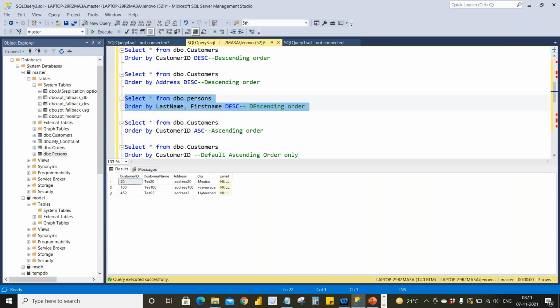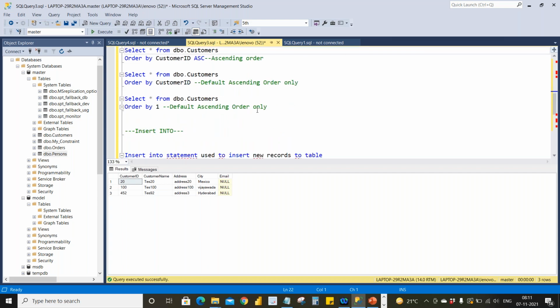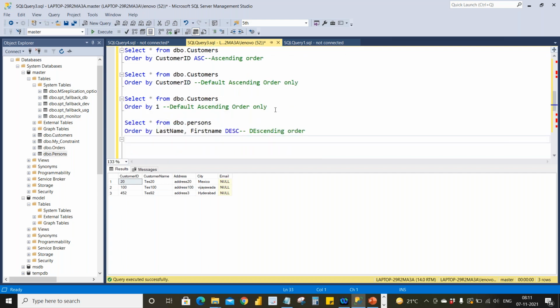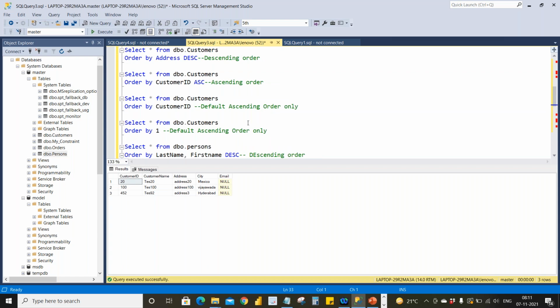Before going to two or more columns, I want to tell you about the default. Here I am saying order by some column, but I'm not giving whether it's ascending or descending.